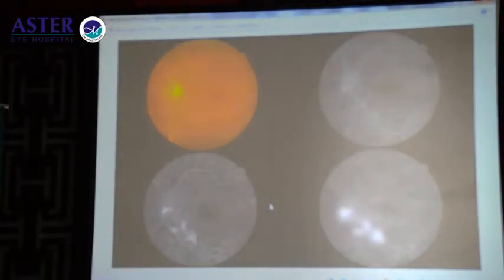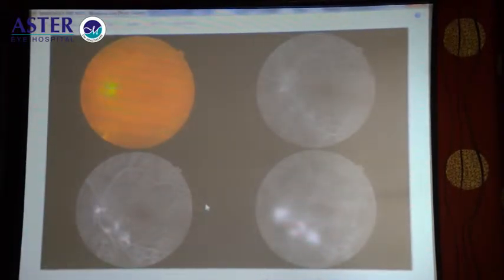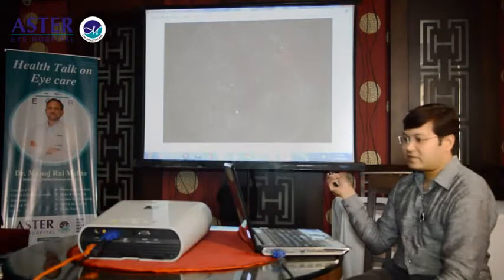Now this is another patient with more advanced stages of diabetic retinopathy, and this is actually a stage of proliferative diabetic retinopathy, which is a very advanced stage, end stage diabetic retinopathy. Here we see that there is leakage of dye from the disc, which is known as neovascularization of the disc, and there is also leakage near the blood vessels elsewhere. We can also make out some laser scars in the periphery of the macula as well as in the periphery.